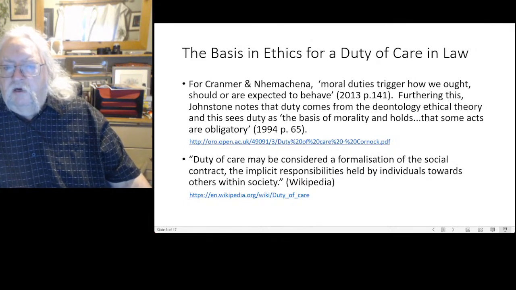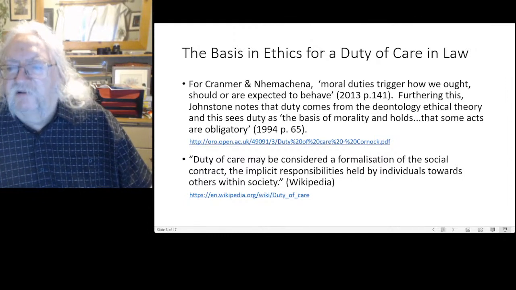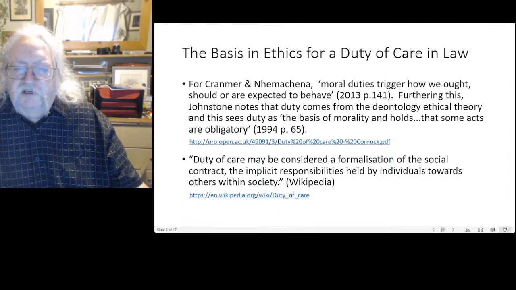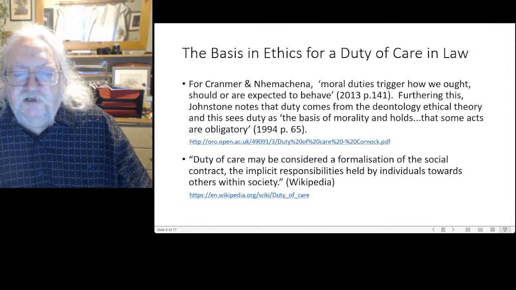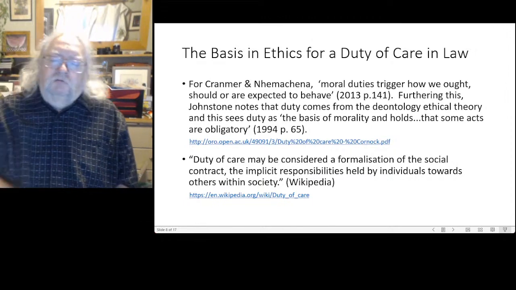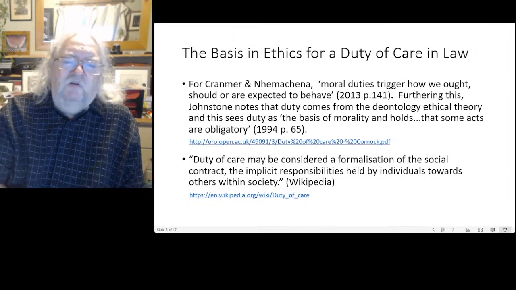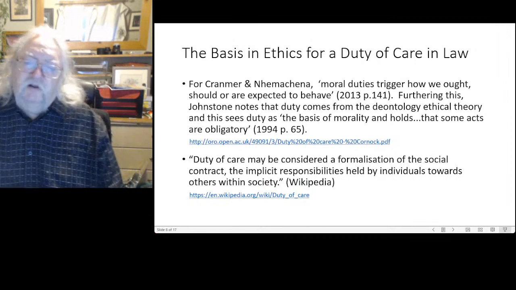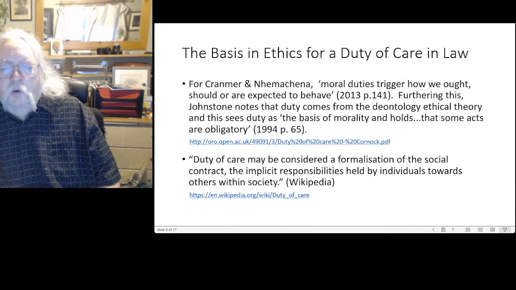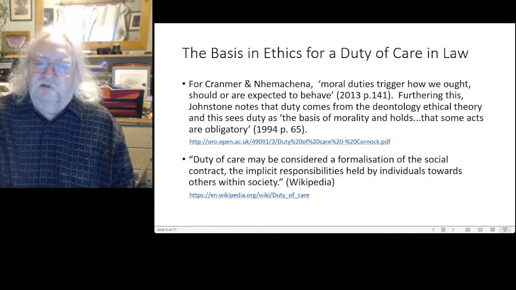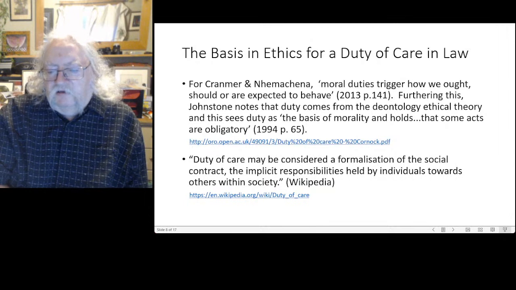One, for example, where duty comes from, and I'm quoting, the deontology ethical theory. And this sees duty as the basis of morality and holds that some acts are obligatory. So we've looked at deontology already in the previous module. We know that it's a bit broader than that, but nonetheless, we can get the sense of where a duty of care, say in law, would be derived from a system